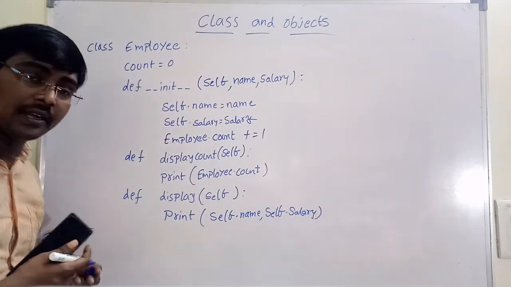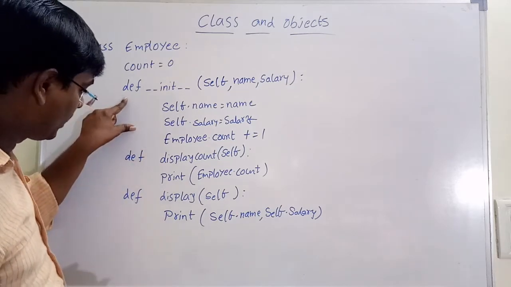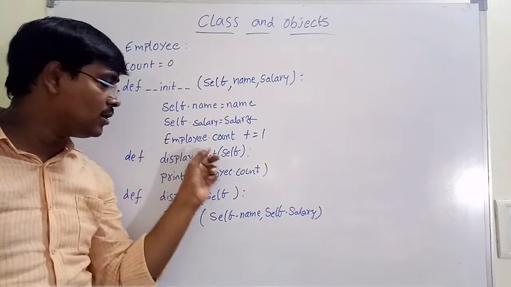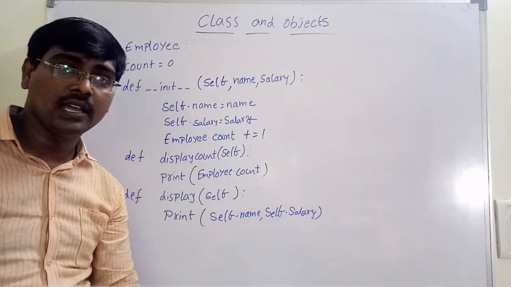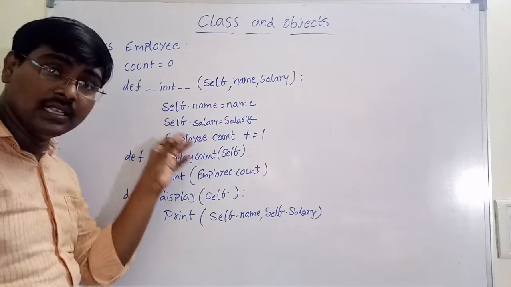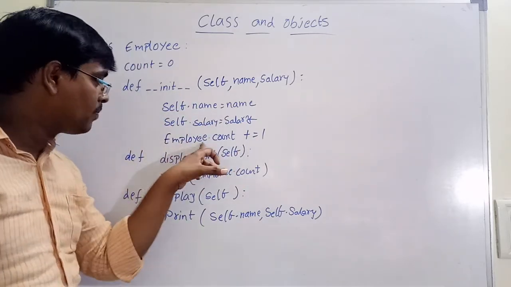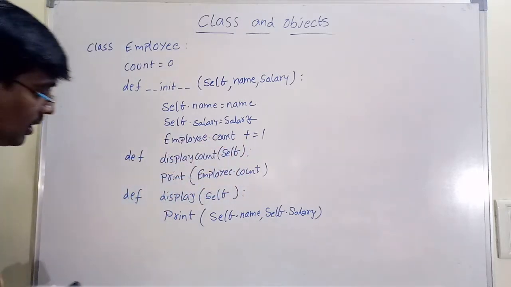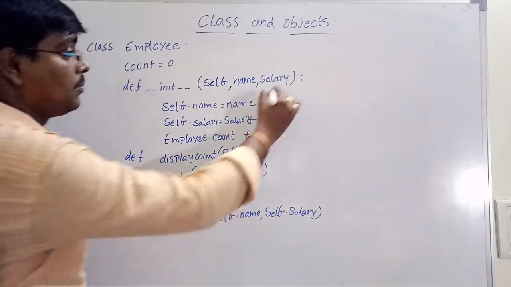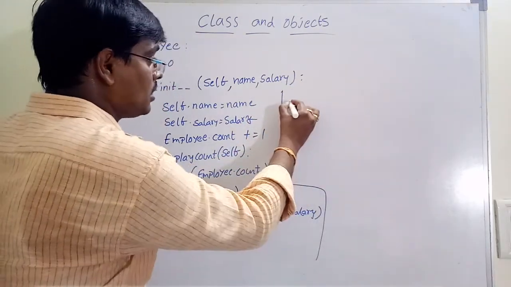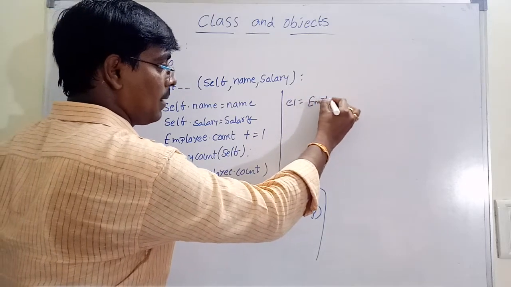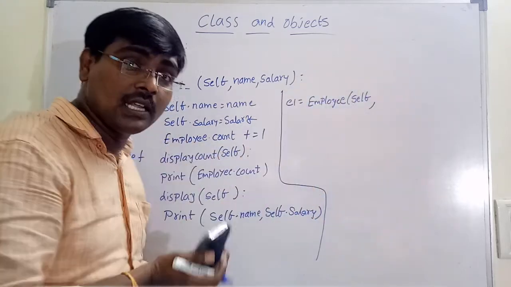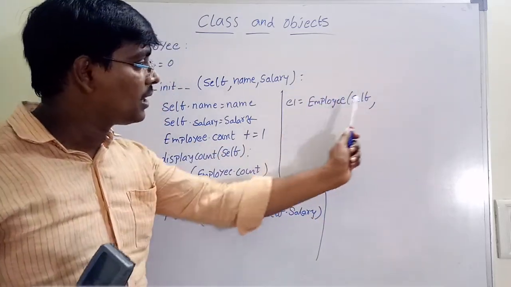Okay, the class is created. Observe, the class is created with one constructor, two methods and one class variable. The class variable can be accessed directly in the object, but inside the class, if you want to access it, use the class name dot this variable. Now create an object for the constructor. For example, here I am creating an object E1 is equal to Employee(). Previously I said without any arguments, but now I am creating with arguments.